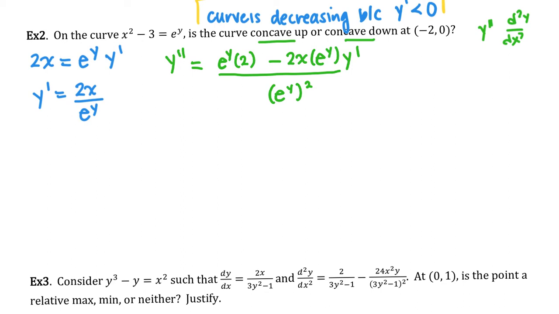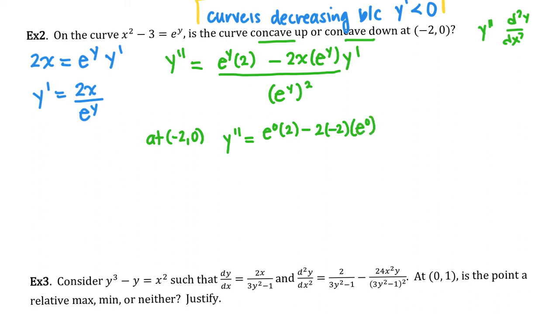Okay, do I want to simplify this now, or should I plug in? Let's just plug it in. Okay, so what are we going to do? We want to evaluate this at negative 2 comma 0. So that's e to the 0 times 2 minus 2 times negative 2 times e to the 0 times, ooh,